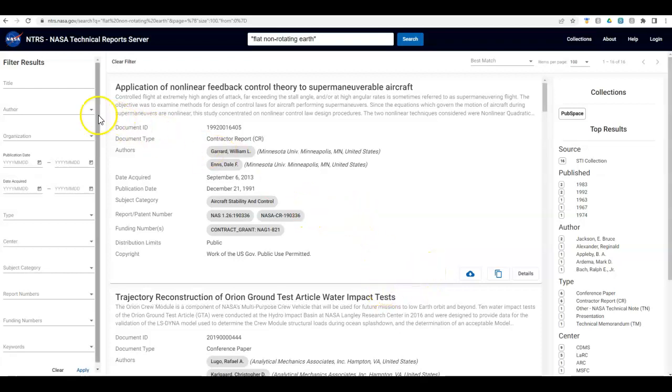Alright, so I watched a video showing some of the government documents that mention a flat, non-rotating Earth. I think that's how they word it. So I decided to look for it for myself, and basically you go to ntrs.nasa.gov/search. I typed in "flat, non-rotating Earth" in quotes, and